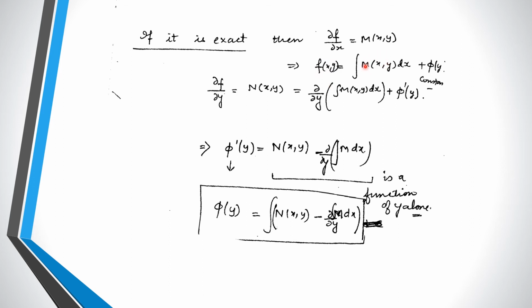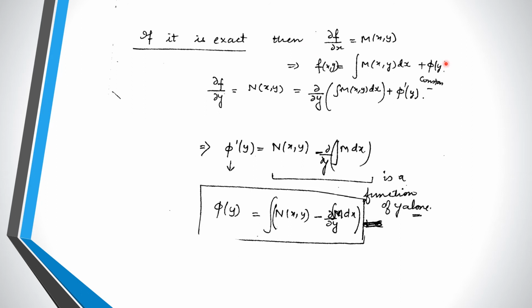It is nothing but M plus the derivative of this, and we know that in case of partial derivative we consider the other variable to be a constant. So the derivative of this function with respect to x will be 0, right? So that means the constant can attain a value in terms of y, right? So it may be a function of y. So the constant here may be a function of y. So after integrating we have this thing.